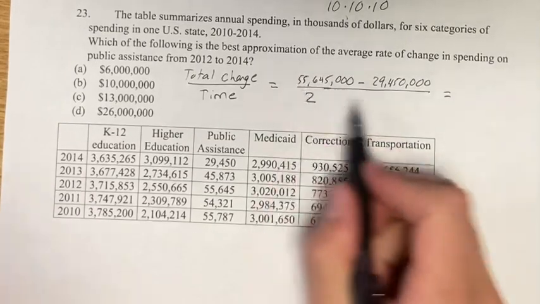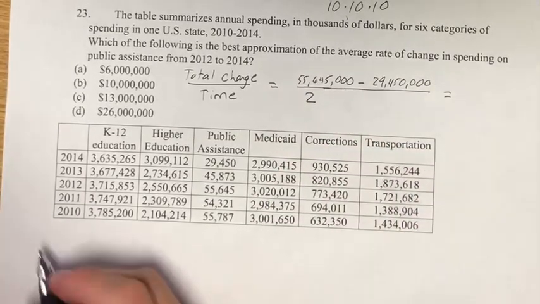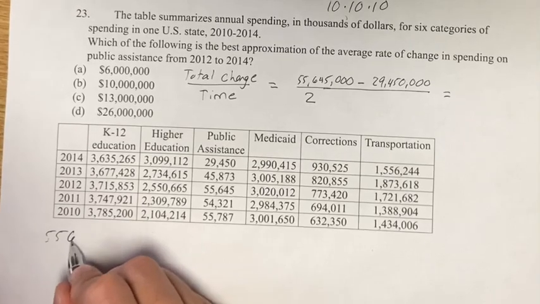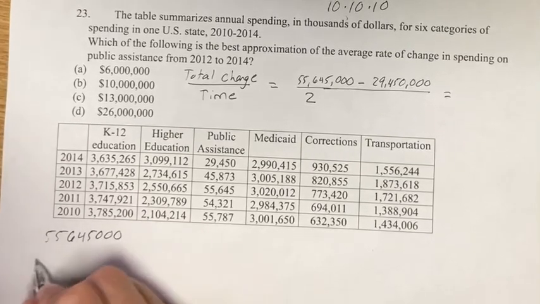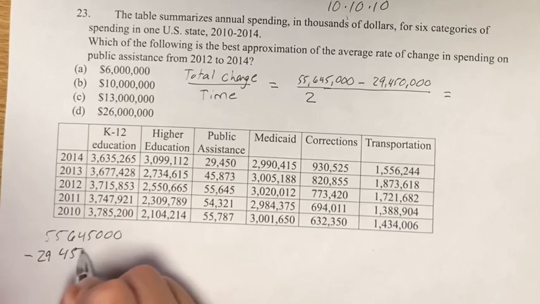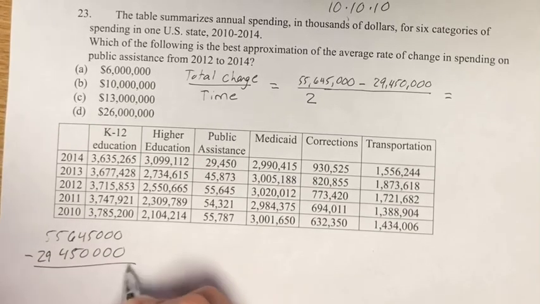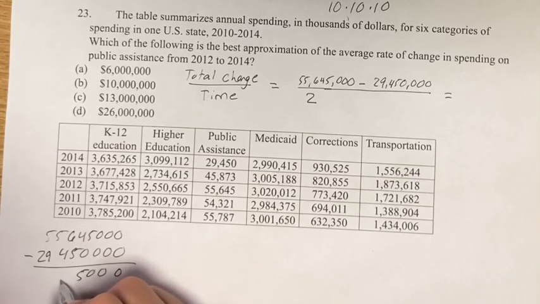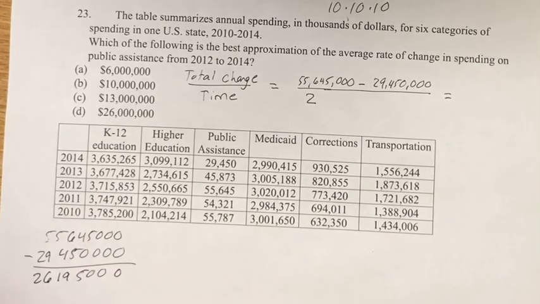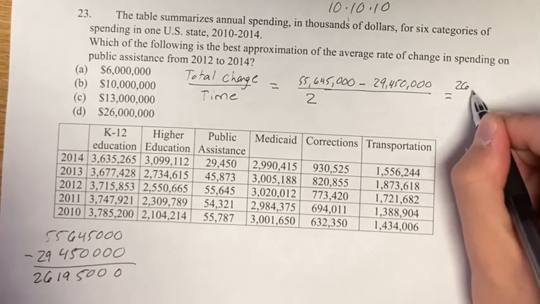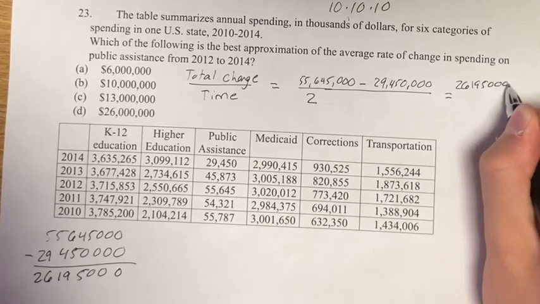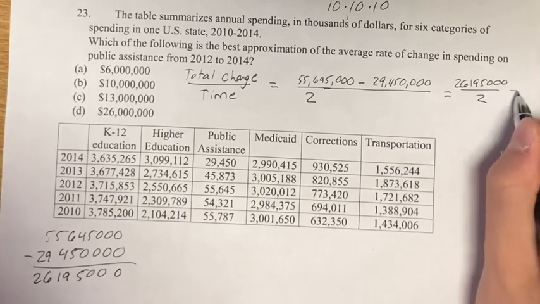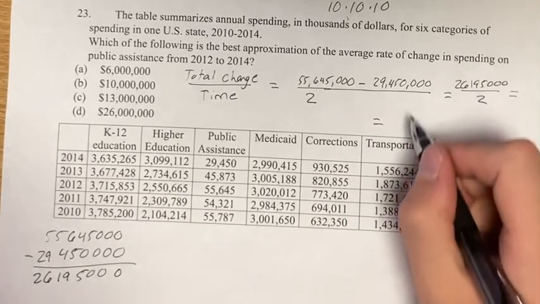And this is a subtraction we can do if we do 55,645,000 minus 29,450,000. Doing this out, we get 26,195,000 over 2, which is equal to